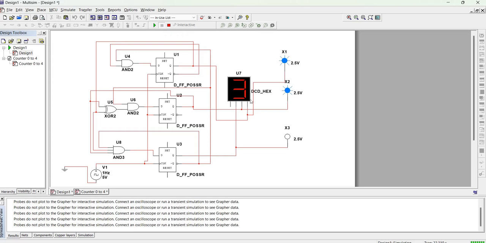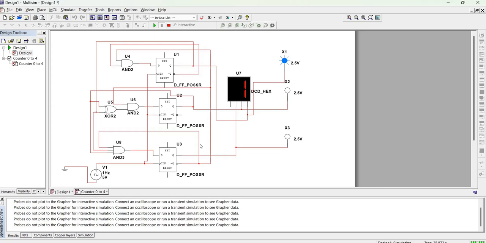So when I pause it there, you see it is at 3, and this is obviously 0, 1, 1. When I continue it and stop at 1, you see it is 0, 0, 1. So this is how we can simulate our binary counter that is counting from 0 to 4, that is 5 counts, and then repeats after 5 counts